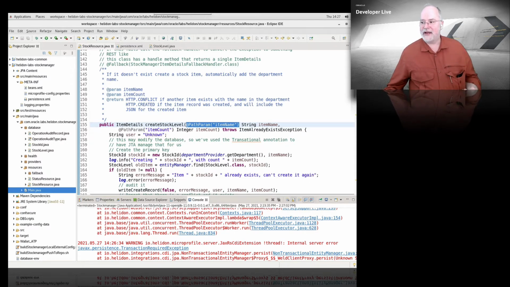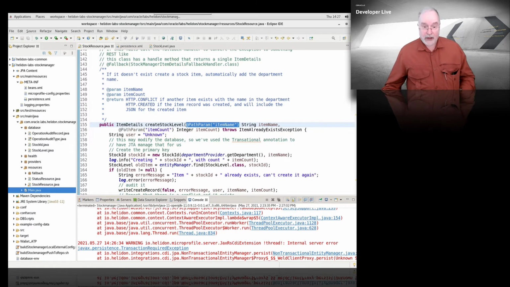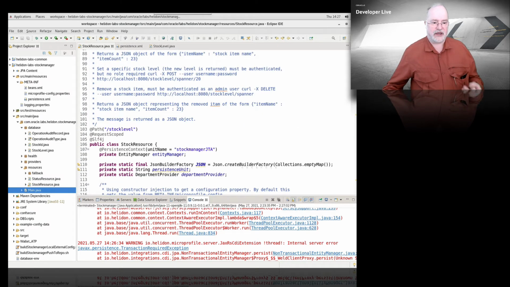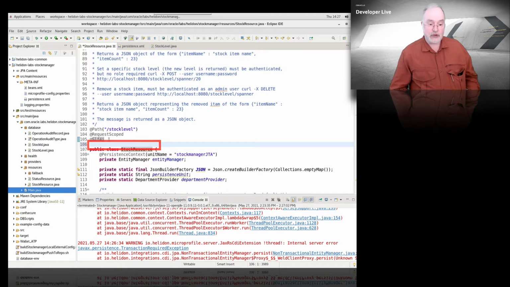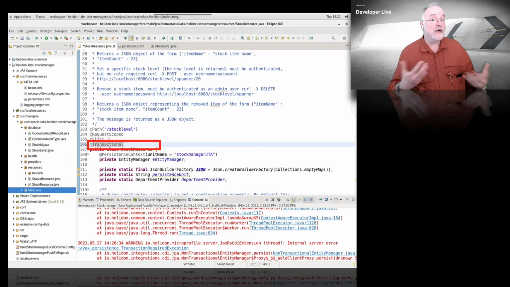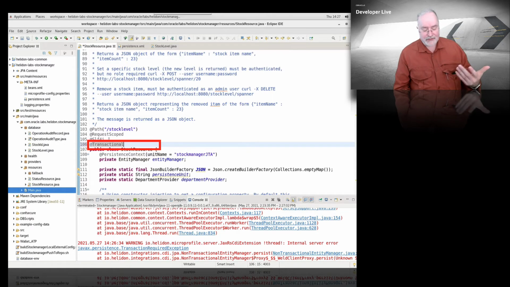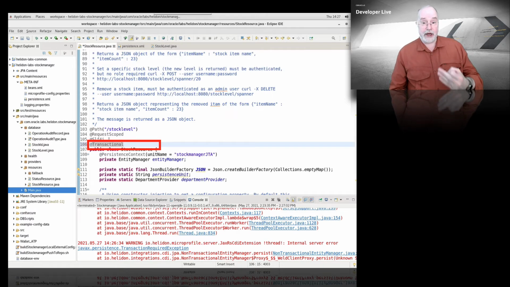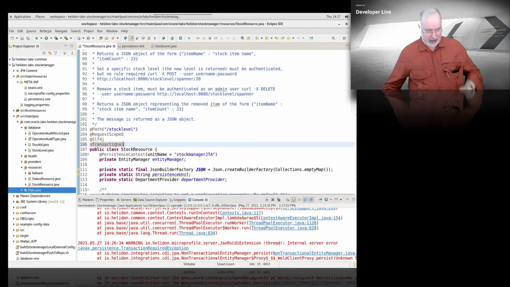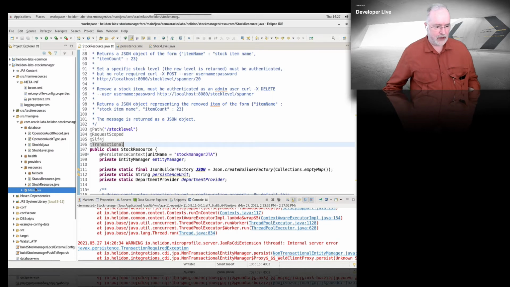But fortunately for us, Helidon has a much easier way of doing this. What we can do is we can put an annotation on our code, which will tell Helidon to automatically wrap requests in a transaction and to commit those transactions or roll them back depending on how the errors happen. So literally we just put the @Transactional annotation in place. Helidon is now going to create a transaction for us. If our method successfully returns, that transaction will be committed. If the method fails, then the transaction will be rolled back. So now if I save our program and run it,